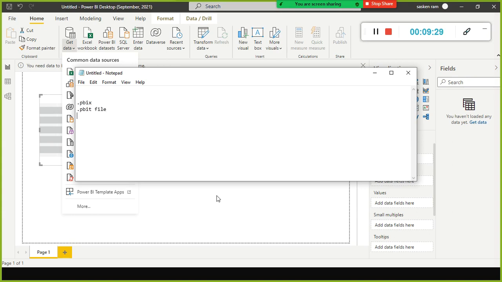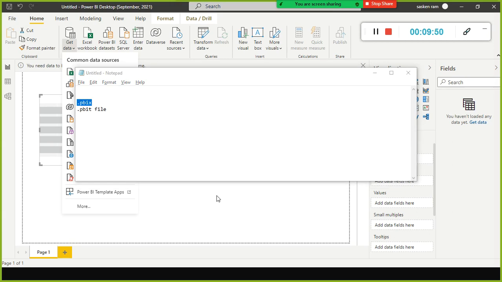PBIT is nothing but a Power BI template file. As the name suggests, once you create a template and save it as a PBIT file, it can be reused at a later point in time. And PBIX is the one we use to generate it.